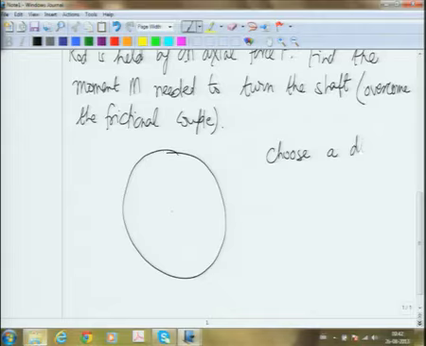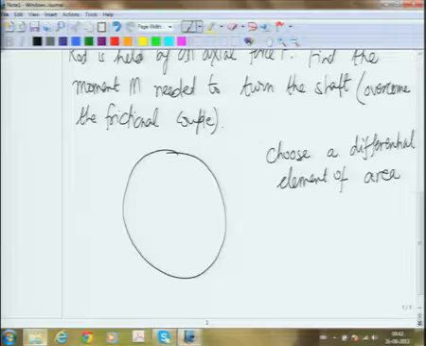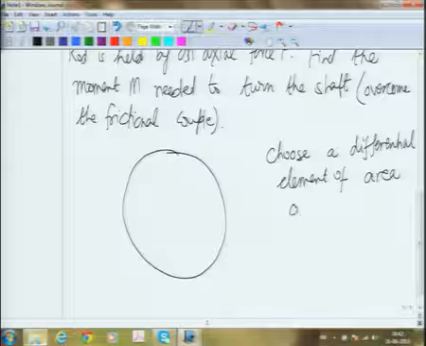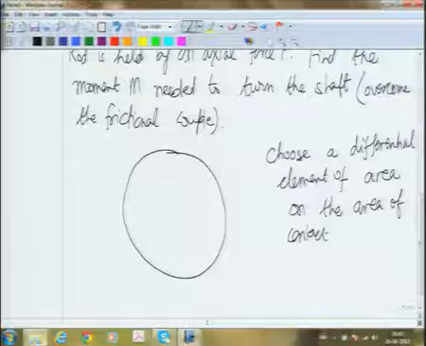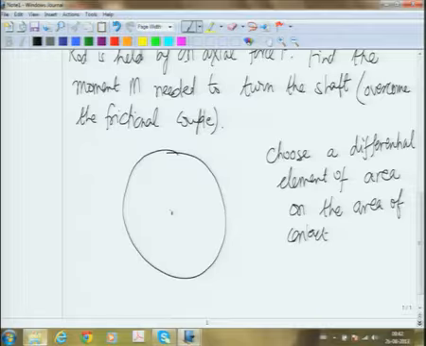a differential element of area on the area of contact. Now, if I have a full circle as the area of contact, what sort of a differential element do I choose? So, I will choose